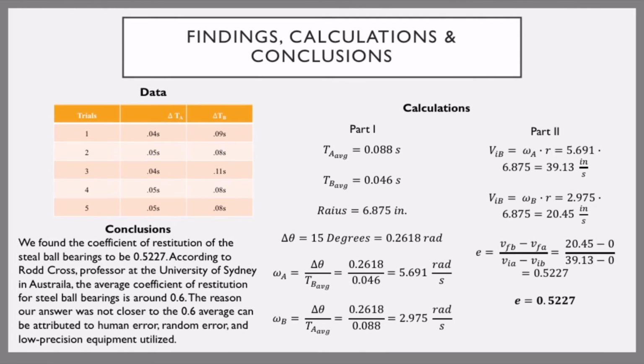To the top left, you will see the data obtained from 5 trial runs. To the right, you will see calculations and equations used to determine our coefficient of restitution, which we found to be 0.5227. According to Rod Cross, professor at the University of Sydney in Australia, the average coefficient for steel ball bearings is 0.6. Our data was off because of the error we obtained from low precision equipment, human error,